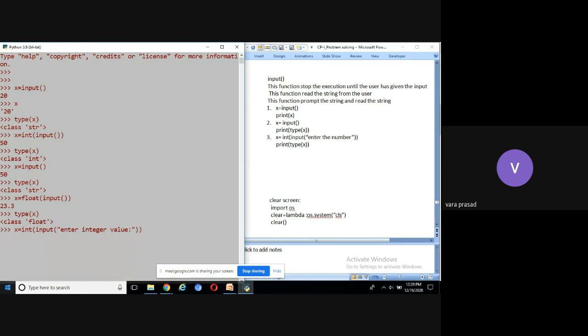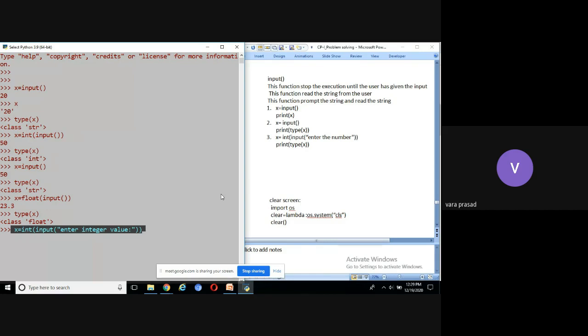Now we can see this line. What is x? x is a variable. The input function reads a string from the user. Before reading the string, it will print this text on the monitor. That is called the prompt string. Then it will read the string and convert the string to integer.